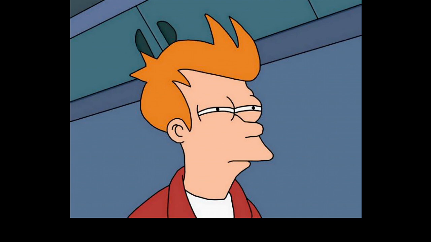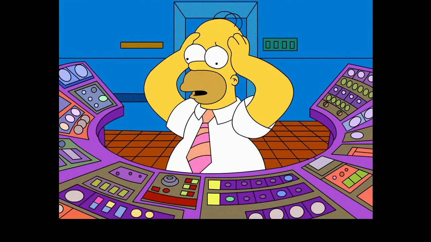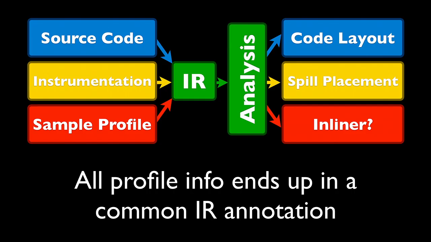I was really surprised by how bad LLVM got when we added a profile to it. And I think part of the problem is that profiling in LLVM is still really new, and there's still a lot of confusion around exactly how it works. A lot of people get into profiling and they feel a bit like Homer. And I think we can do better about actually explaining exactly how the infrastructure is supposed to work. And so I'm going to try and give an overview of all of the infrastructure that we use for profiling